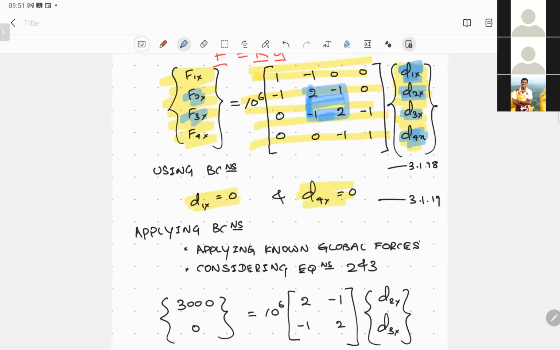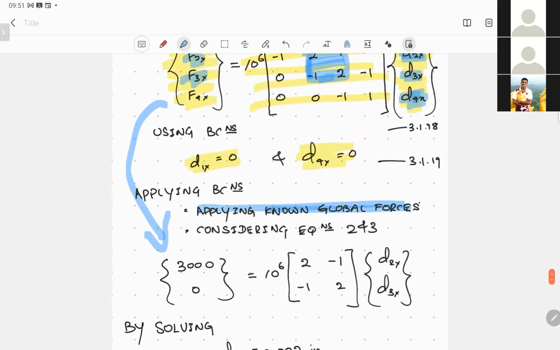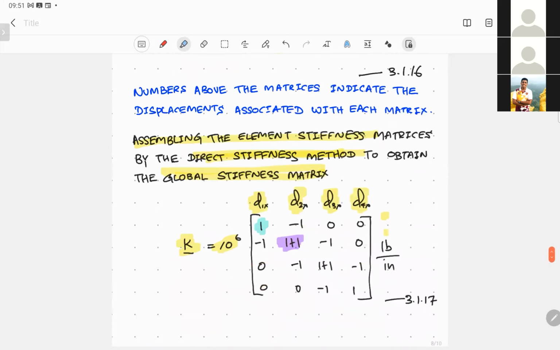Simply what I have done here from here to here is extracted these terms, the non-zero terms. Okay, we have applied the boundary conditions so that we apply the global forces, and considering the previous equations, we have obtained,